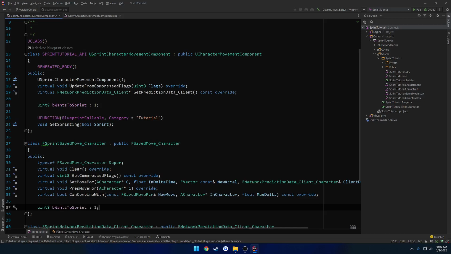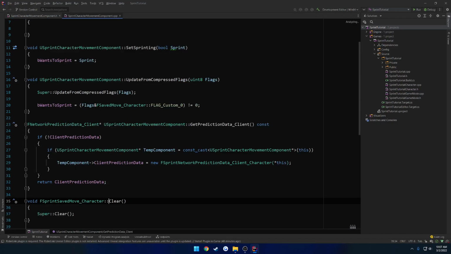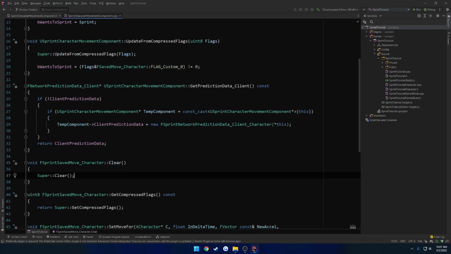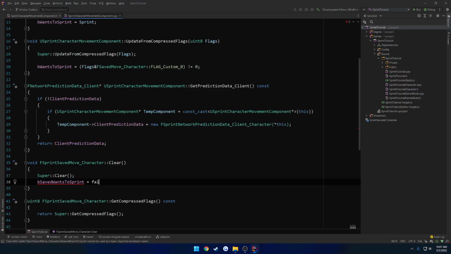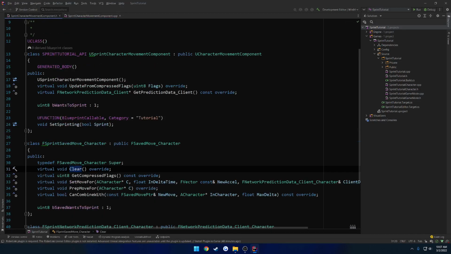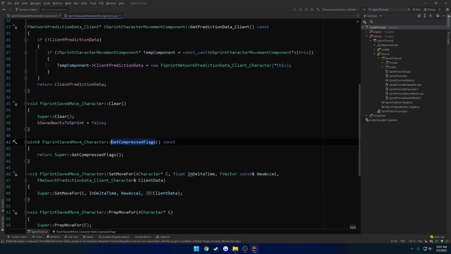So here we have bSavedWantsToSprint. And then when we do everything inside of Clear, CompressFlags, SetMoveFor, PrepMoveFor, and so on, it's going to be on bSavedWantsToSprint. So heading over to Clear, what we're going to do is just set it to equal false. Then next up, for GetCompressedFlags,